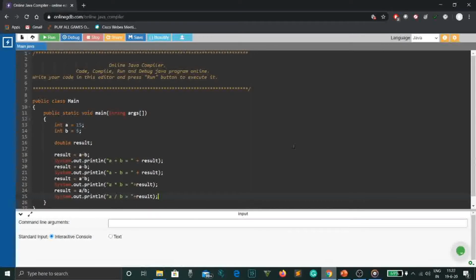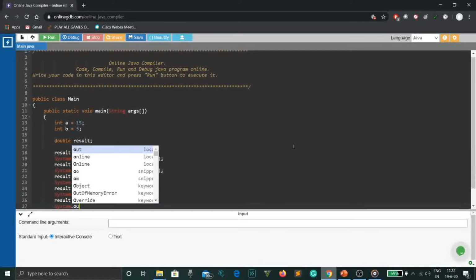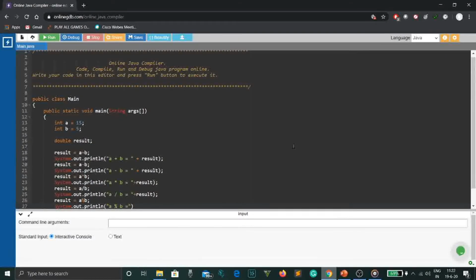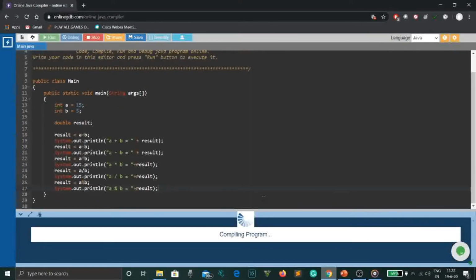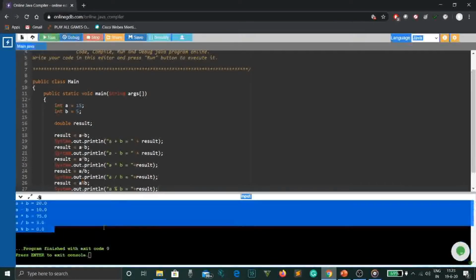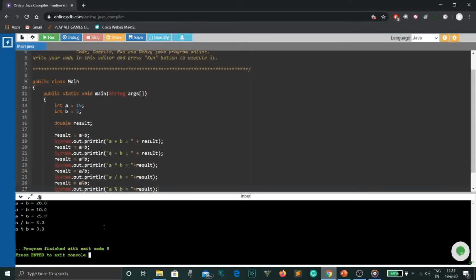And then we print that answer. There we go. We have our second program. Let's run it. That's great. We have the output here. We see that every operator has done its work, and we've gotten the answer to all the results.